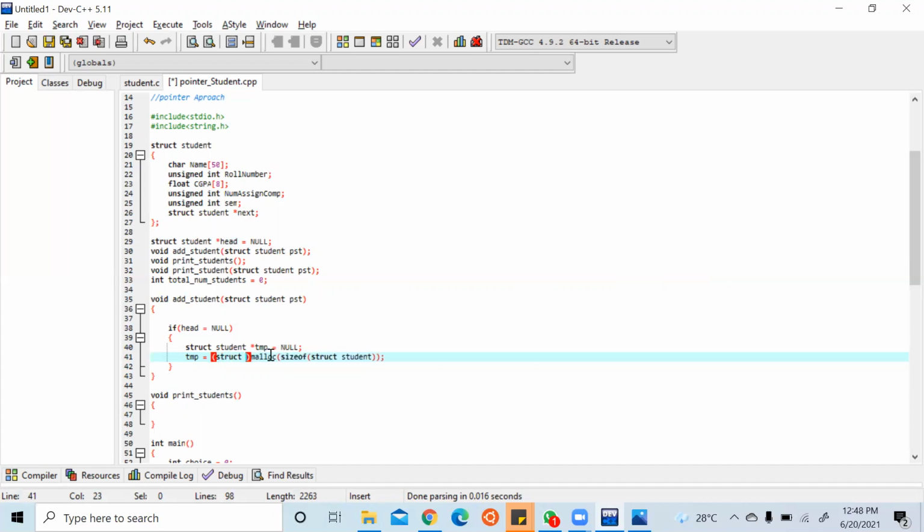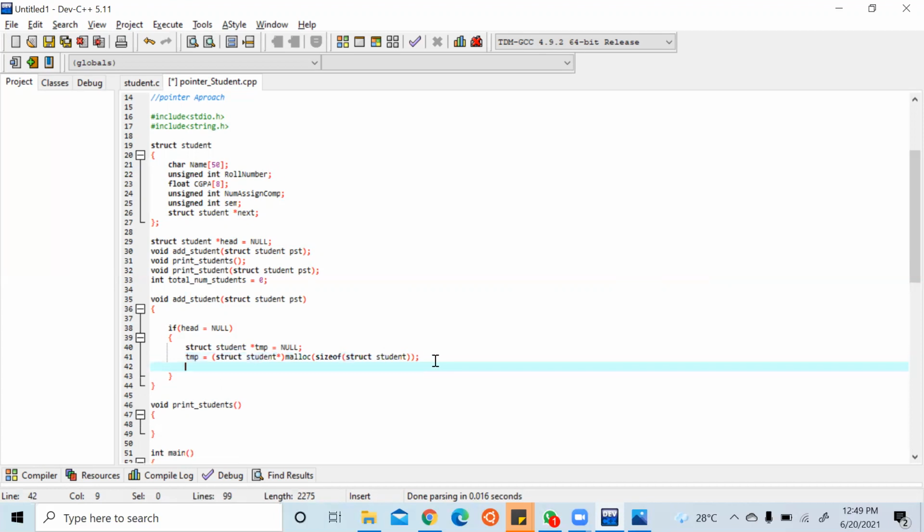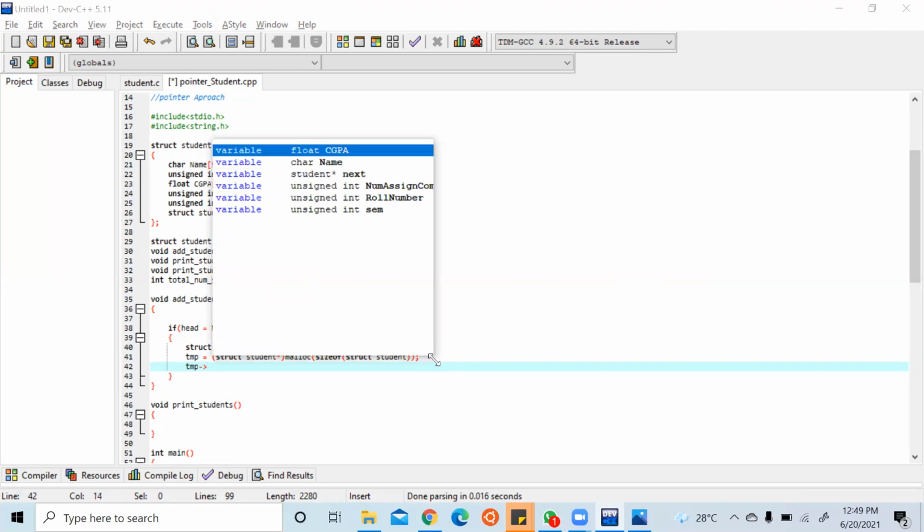Malloc returns a void star pointer, so we need to typecast it to struct student star. Now tmp has got dynamically allocated memory. So now let us initialize the head, tmp pointing to next.